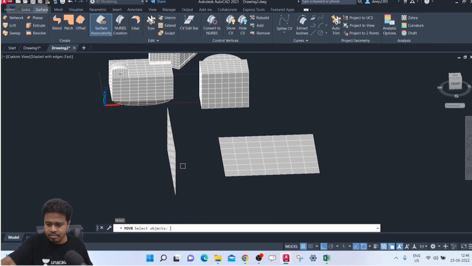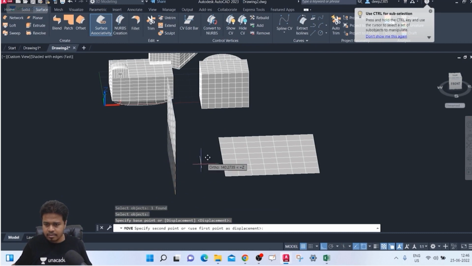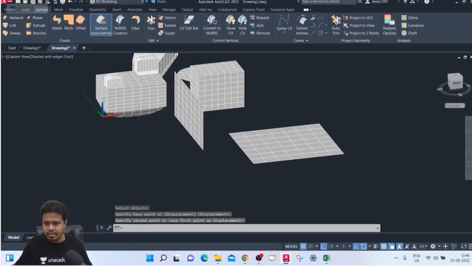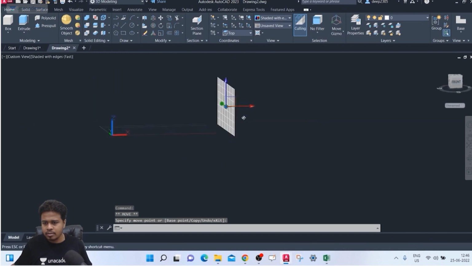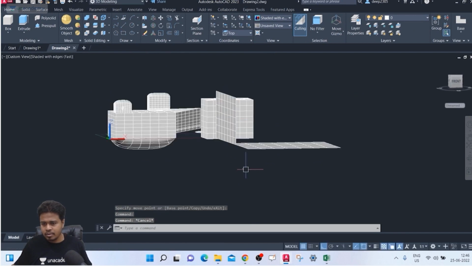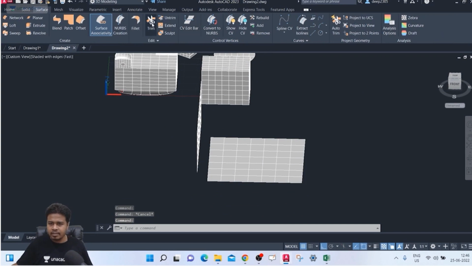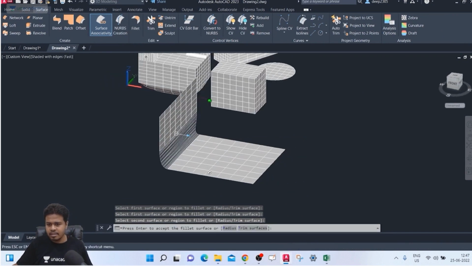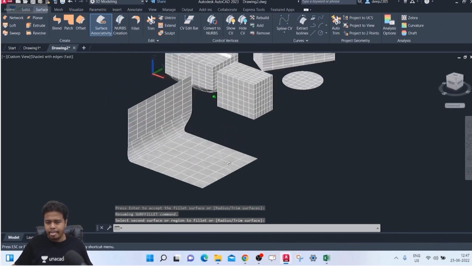So let's move it little bit near to that, like this, and also use the move gizmo, select this and use the move gizmo. Again use the move gizmo, like this. Okay, now we can fillet it. Go to fillet, select this surface and select this surface. Now see, it is filleted. The fillet has been done. So this is how fillet option works